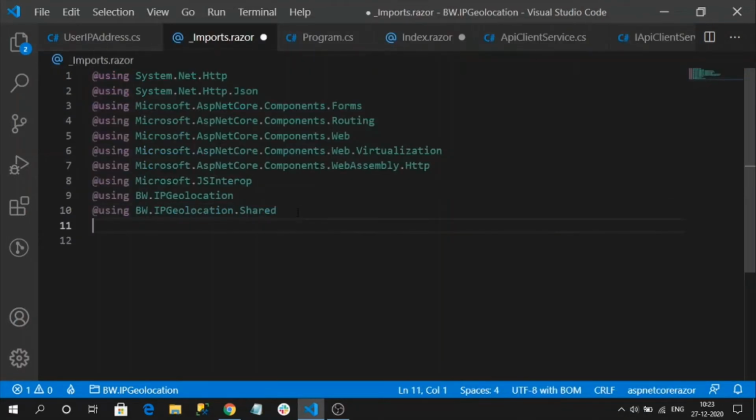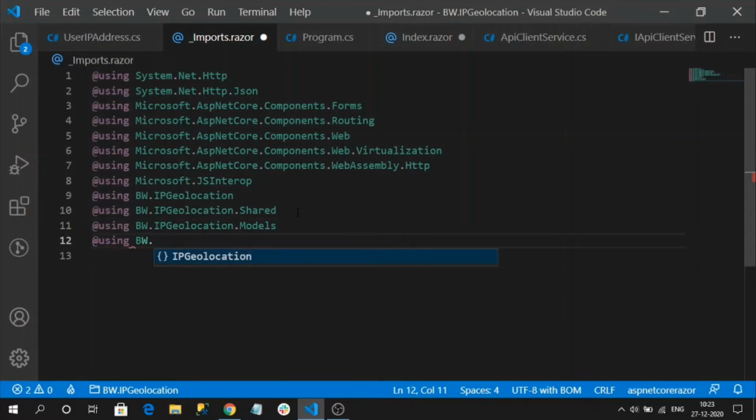Here I am going to register my model namespace and also import my services namespace as well, so that I can simply use their names directly without any namespaces.